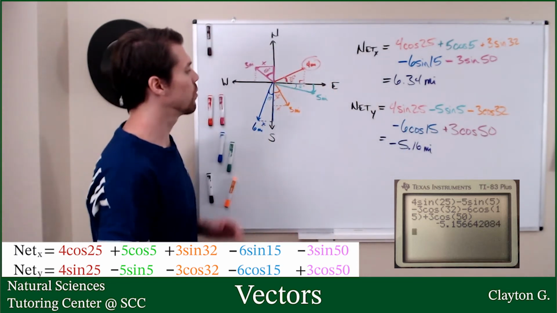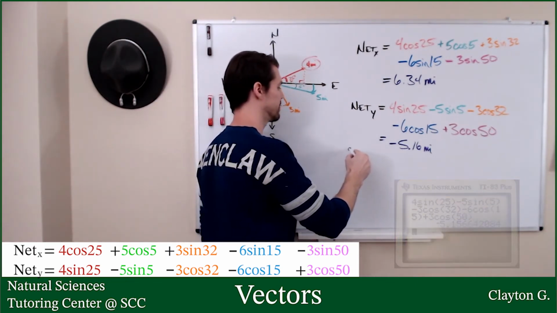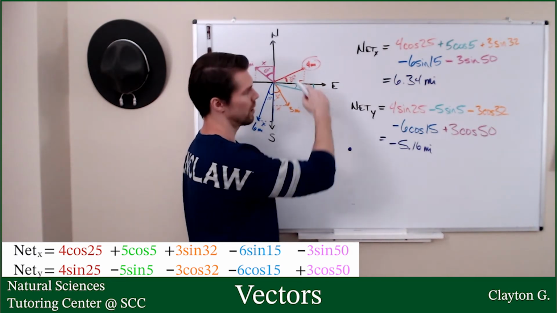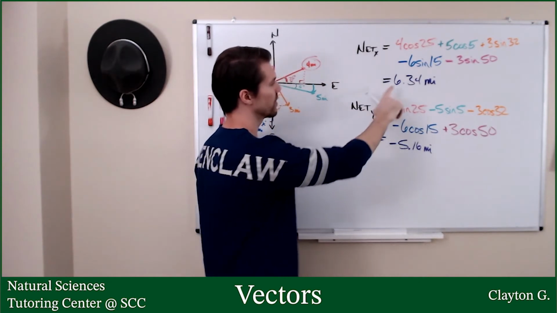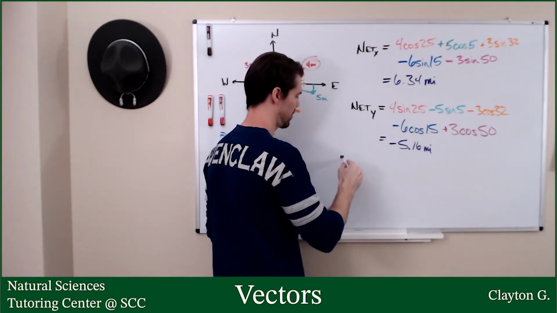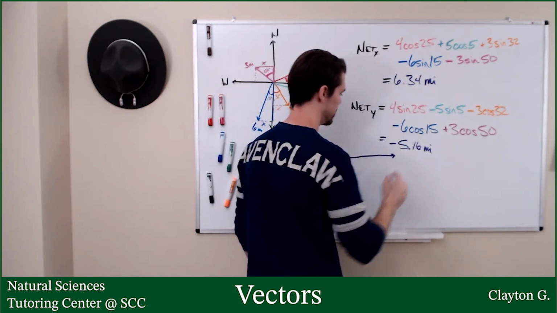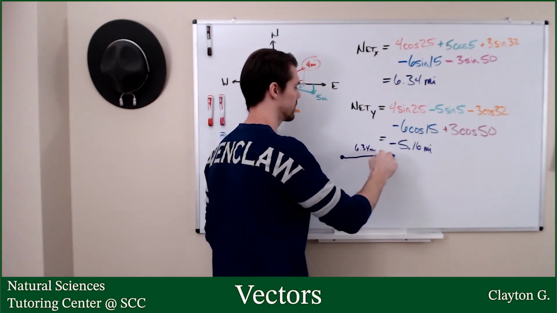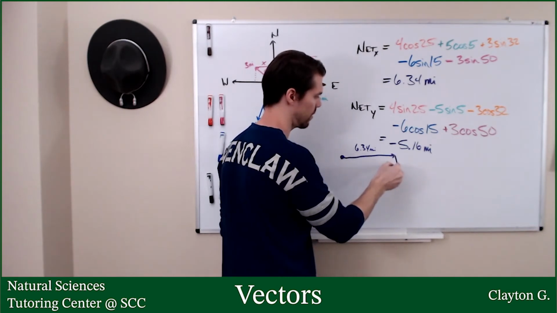Okay, perfect. So what we can do here is build our resultant vector. So from Susan's house, whoever's name I used, we're going to go to the right. Maybe I should start a little lower. 6.34 to the right, so that's 6.34 miles. And then this is down. So from here, we're going to go down